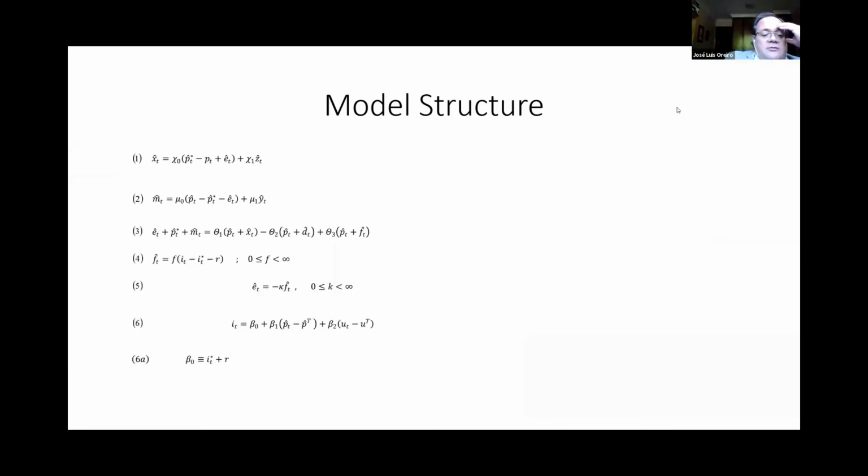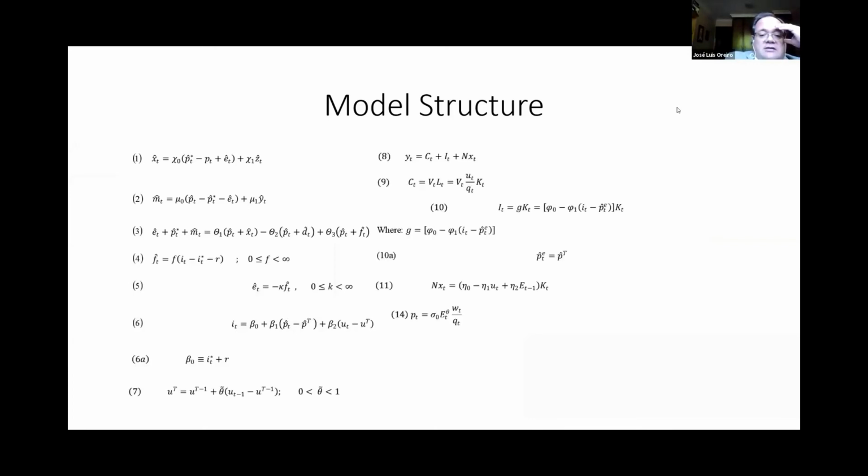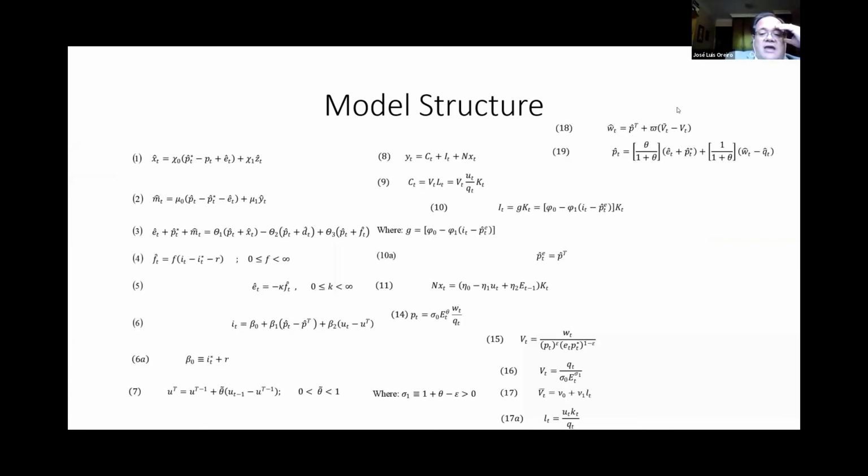So I will present briefly the structure of the model. Basically, the model has 3 or 4 blocks of equations. Equations 1, 2, and 3 represent the balance of payments constraint. Equation 1, the dynamic equation for exports. Equation 2, the dynamic equation for imports. Equation 3 is the balance of payments constraint, assuming capital inflows, where the growth rate of capital inflows is